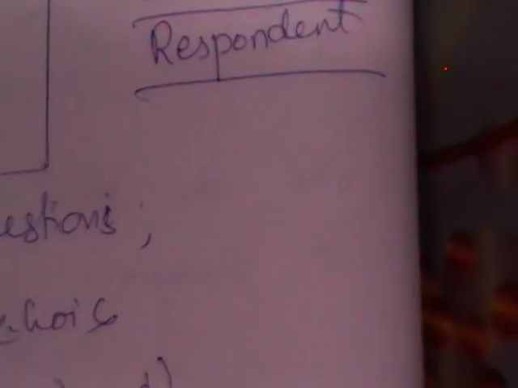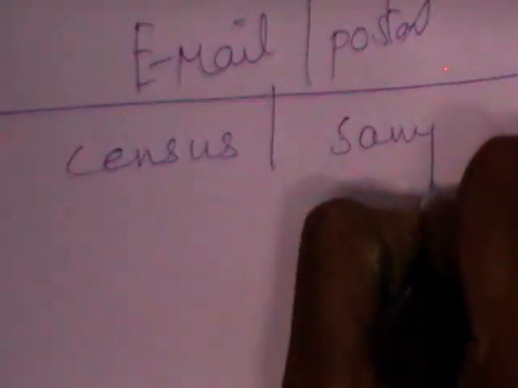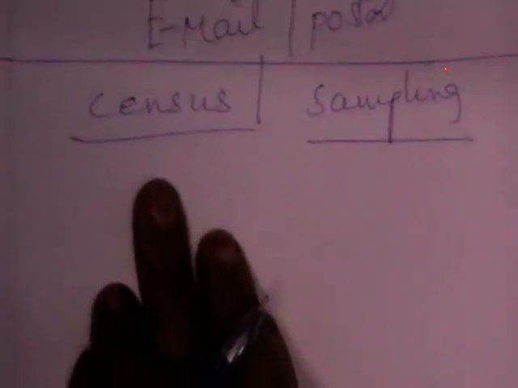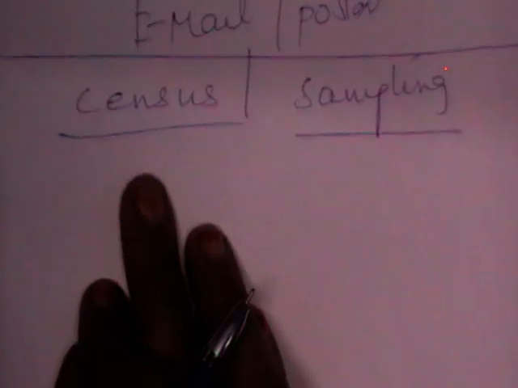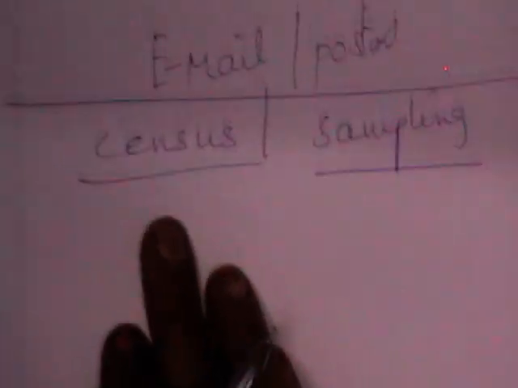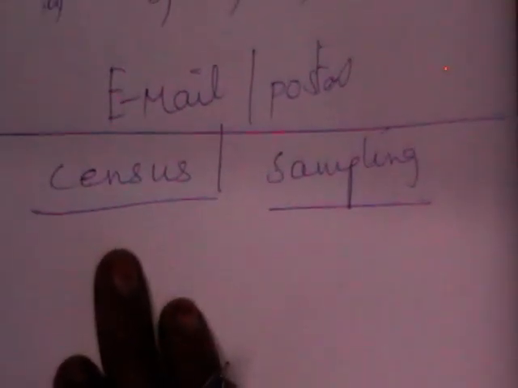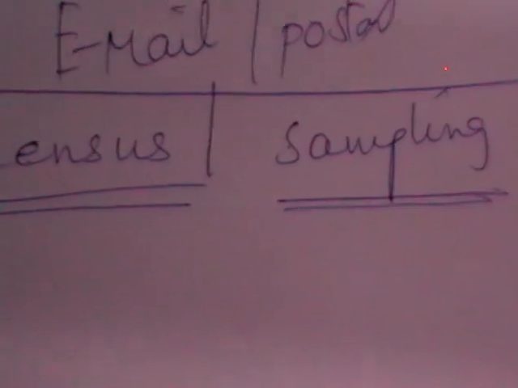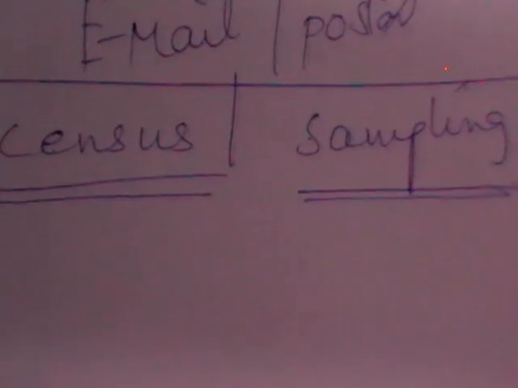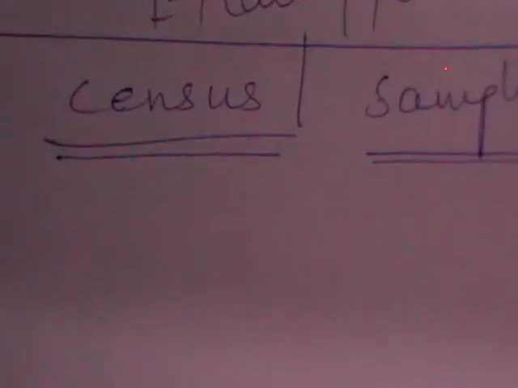Okay, now this is done. The next topic we are going to discuss is census and sampling. We have said that we have different types of data. What are the types of data? What are the sources? How to get the required data? Now, how do you perform a particular survey, as a census or as sampling? Census is to get the required information.